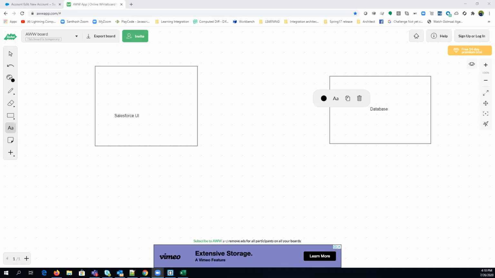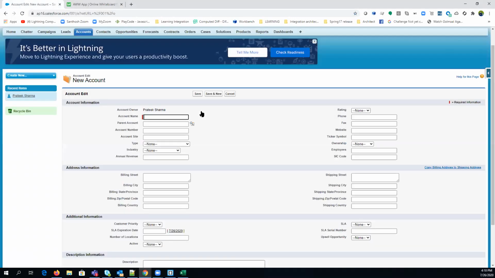Is that clear? If you talk about other languages, you need to make a connection from the front end. Let's say I fill this form and hit save, then this complete information will go and be saved in the database. We have a table called account in the database.